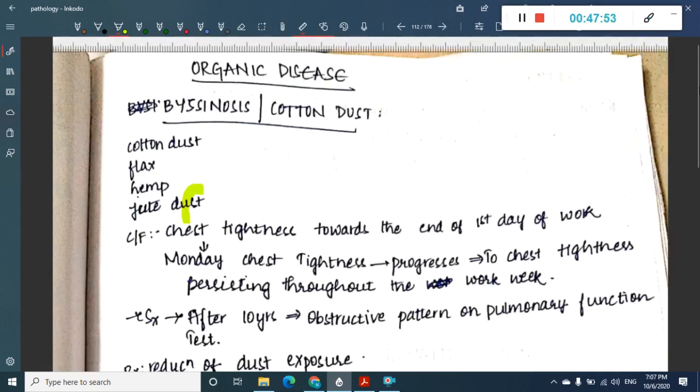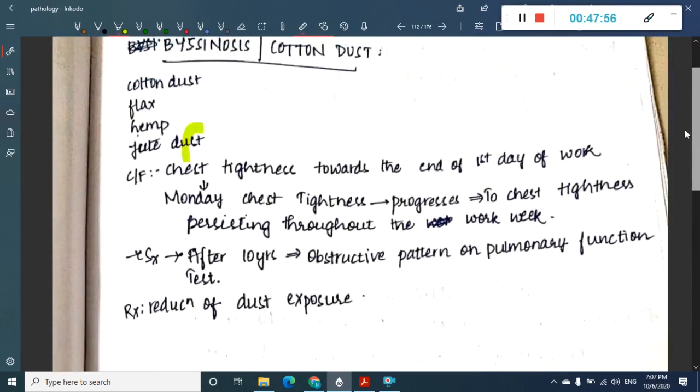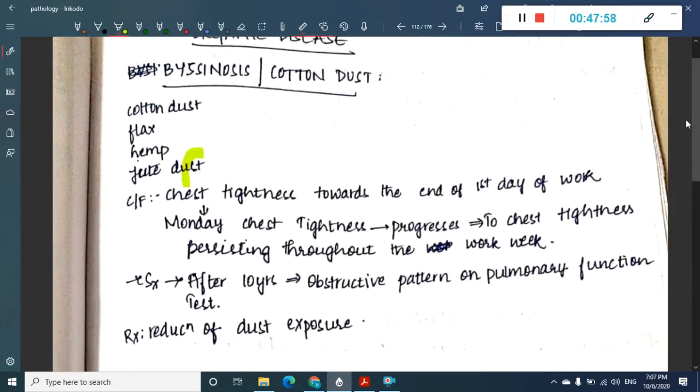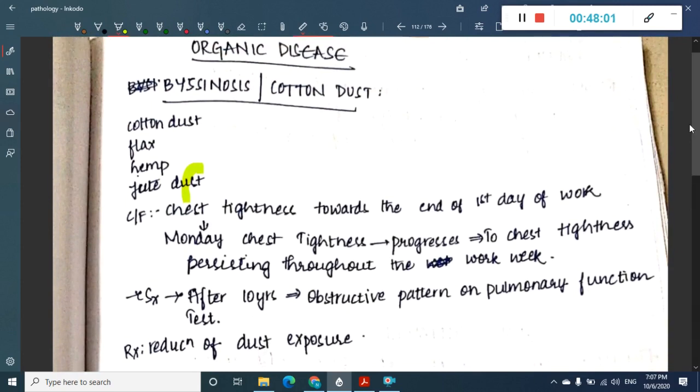Then I have shown you the last picture, which is byssinosis. Sorry, I didn't show you any picture for byssinosis. What is byssinosis? Byssinosis is cotton dust pneumoconiosis. Even this is an occupational lung disease, but here the problem is not from chemicals. It's not any metal, it's not any type of organic or inorganic matter, but here the main problem is in the cotton dust. Okay, the persons working in cotton industry like flax, hemp or jute dust, any of these cotton dusts, he will suffer from this cotton dust or byssinosis.